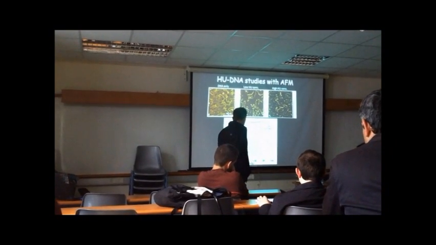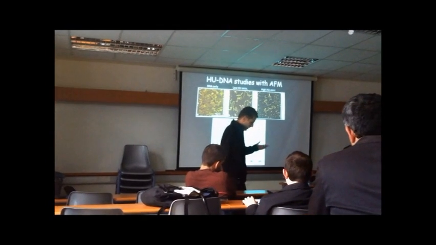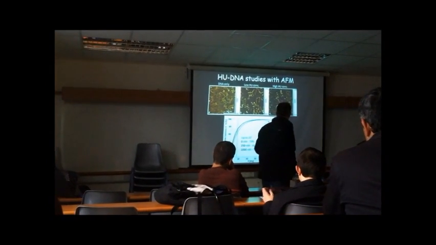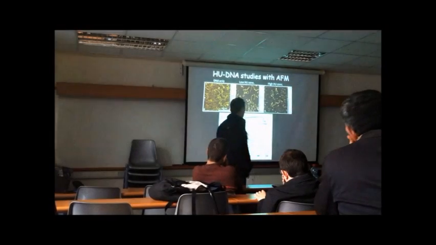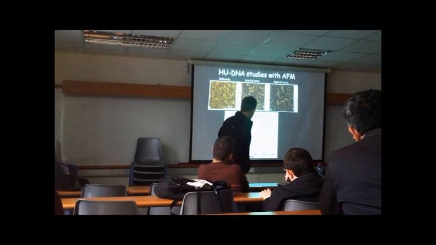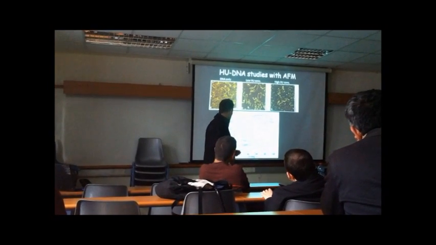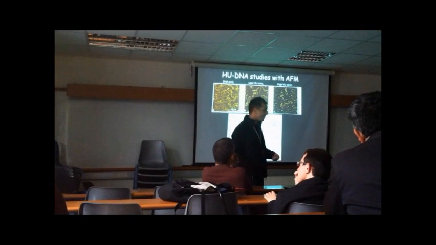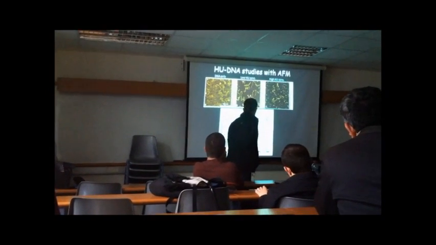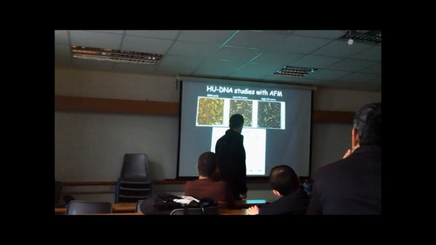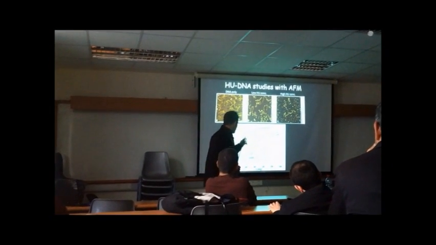And that actually made us conclude it has to be because there are more high angles for the relatively low HU concentration, and that implies a more flexible DNA for the low HU concentration. And then when we go to the high HU concentration, we see that already 73% of the angles are counted at this low angle. So that means that the DNA is less flexible for the 1000 nanomolar. But we also did